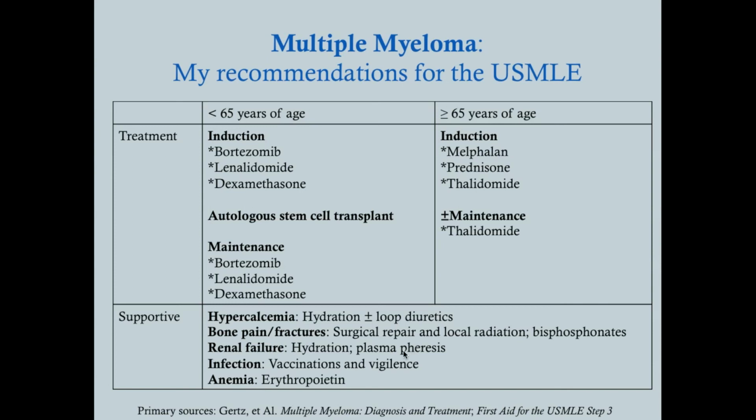Another thing that you can do is plasmapheresis. That should be one word. But plasmapheresis will take off a lot of those immune globulins and light chains because they exist in the serum, and plasmapheresis is just serum exchange. Infections, it's really just vaccinations and vigilance. So you want to make sure that they're vaccinated to things like